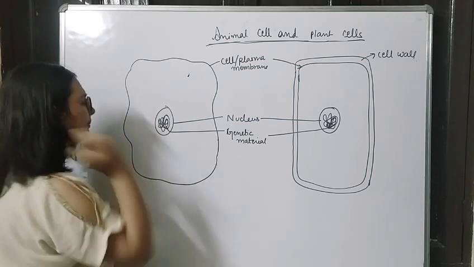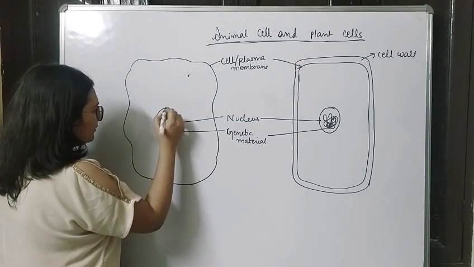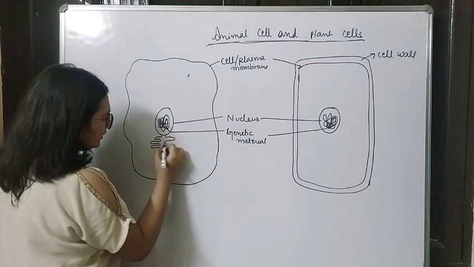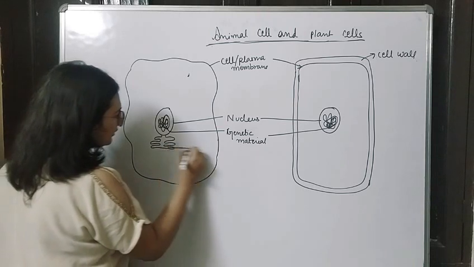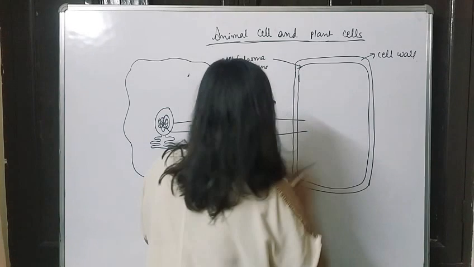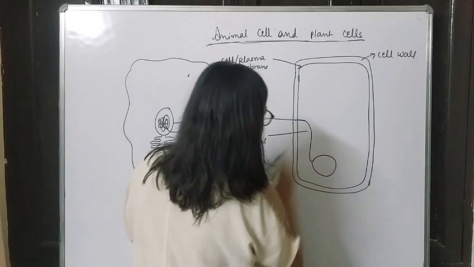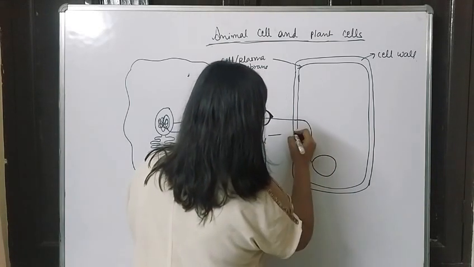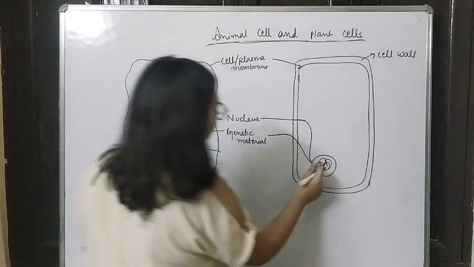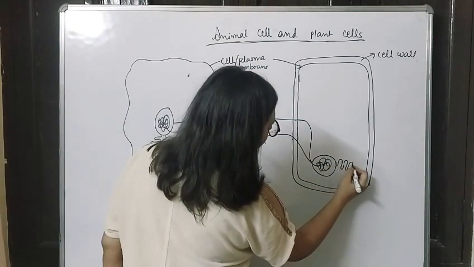Now there are some organelles that are present in animal cells. Now if you see here, I am going to draw endoplasmic reticulum. This is the endoplasmic reticulum. This is known as endoplasmic reticulum, and sorry, here the nucleus is not located in the center. The nucleus is located somewhere here. Genetic material is present here and the nucleus is here. Fine. So endoplasmic reticulum is here, and here I am going to draw endoplasmic reticulum.